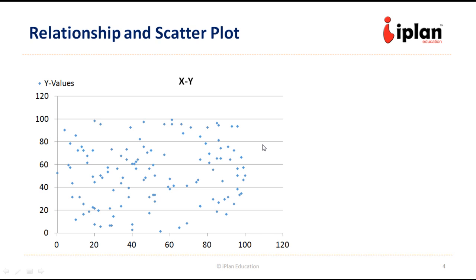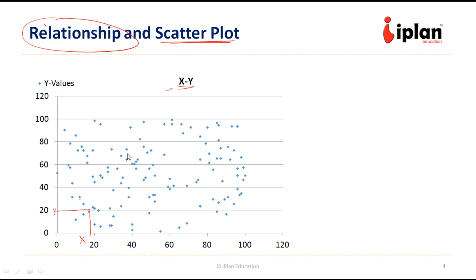Before getting into regression, let us look at the correlation. If there are two variables x and y and we want to know whether there is a relationship between these two or not, we will start with a scatter plot. So we are exploring whether there is a relationship between the two variables x and y. We are just plotting them. Corresponding to this particular value of x, this particular value is for y. So we have x on this axis, y on the vertical axis, and we have various values of x and y corresponding to each other.